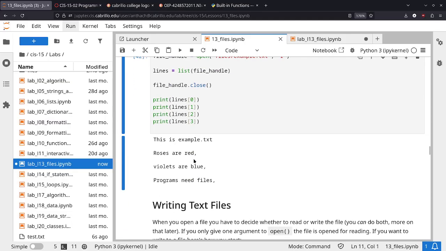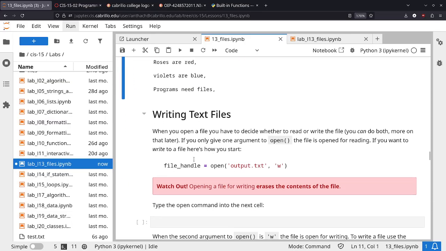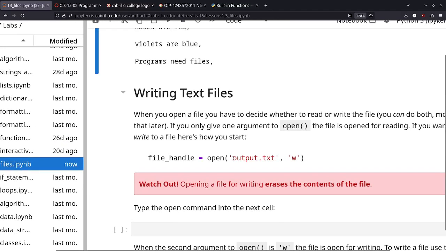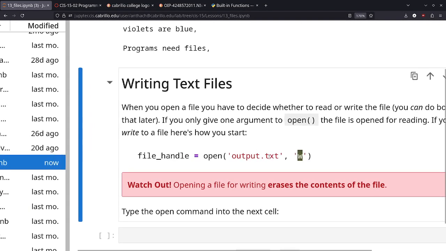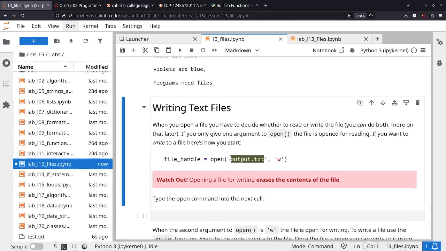Okay, I do want to point out that writing is a little dangerous, because when you open a text file in write mode, one of the first things Python will do is erase everything in that file. So be careful when you're opening a file for write-only mode. Basically, the Python process is going to clear everything in the file in preparation for writing new data for it. So let me go to the lessons